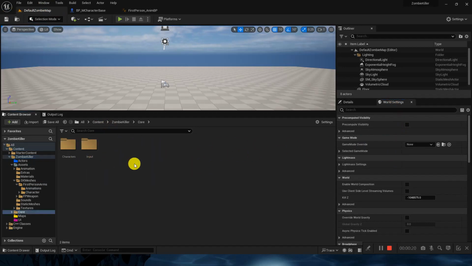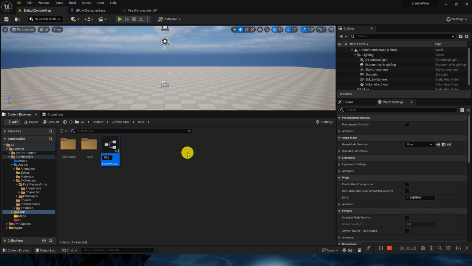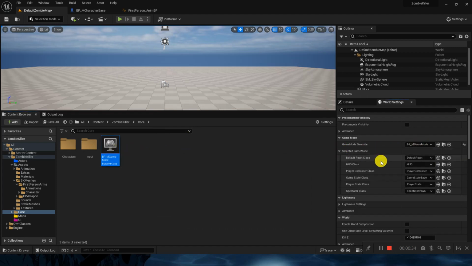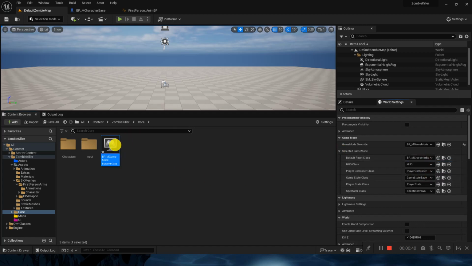So for now I will create one dummy game mode. Game mode BP underscore M game mode. Just specify that, and in the default we will specify BPM character base. Click save. If we run